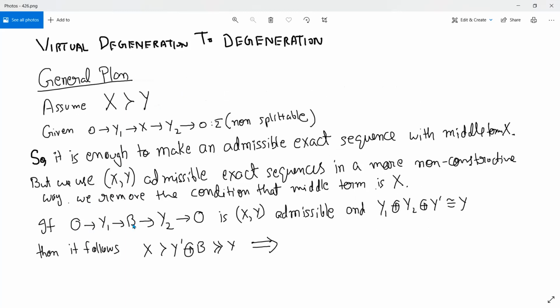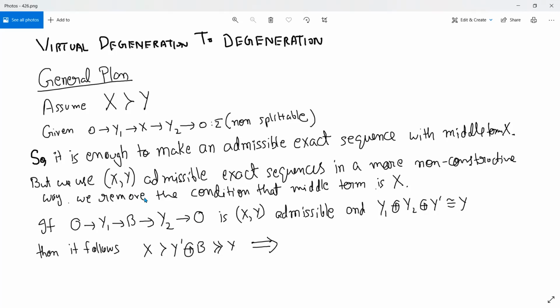So this y1 to b to y2, so that the end terms are direct summands. Initially, we said that you would have to make the end terms a direct sum, but that condition can be removed. Okay, the end terms are direct summands, and also delta sigma of this sequence for each u is not more than delta u, delta x comma y u. So the delta of the sequence is not more than that, and that's the admissibility condition,